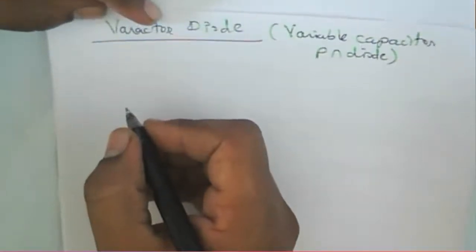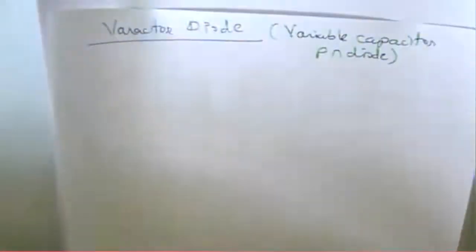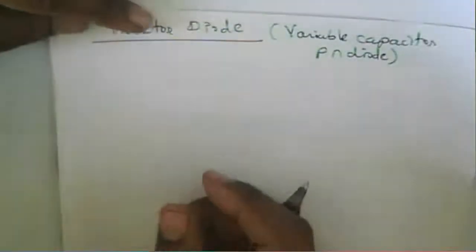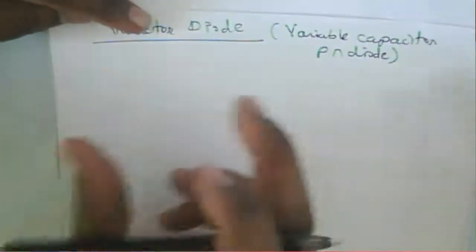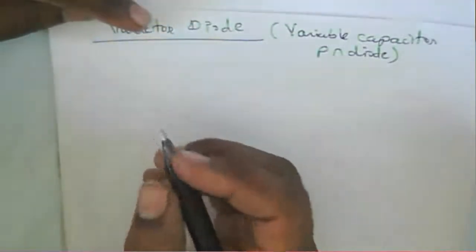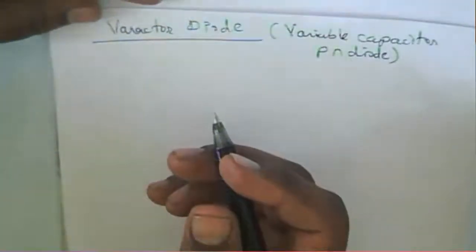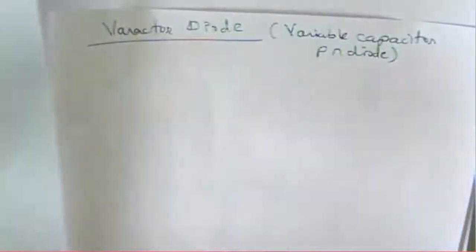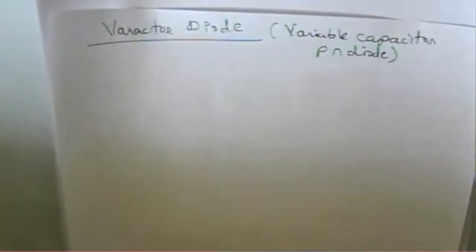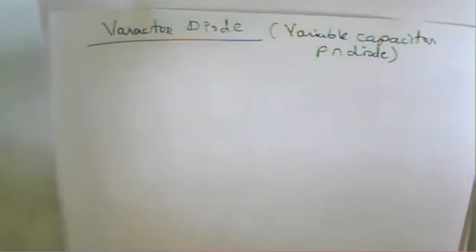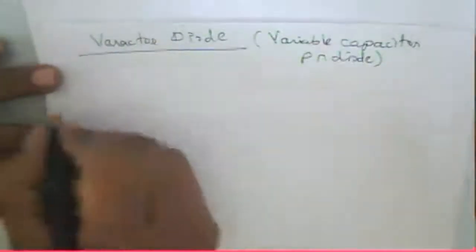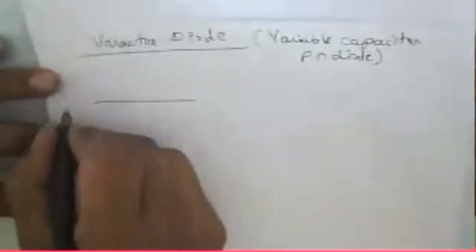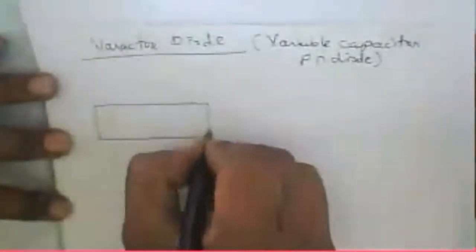How it works depends upon how much voltage is applied to the device. That's why the variation in the capacitance takes place. Most of the books say it is a variable capacitance device, and the capacitance of this particular diode changes because it has a depletion region. The capacitance of the depletion region changes because of the applied variable bias, which means voltage dependence. The capacitance depends upon the voltage.